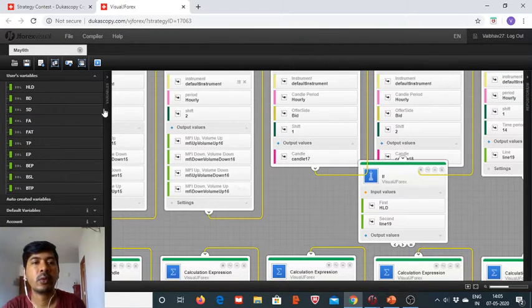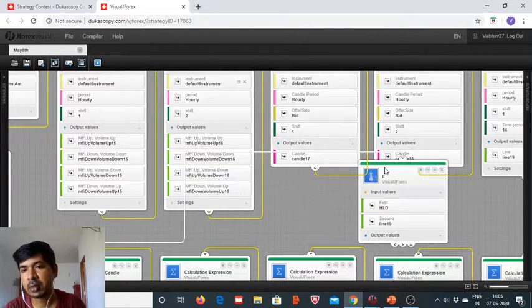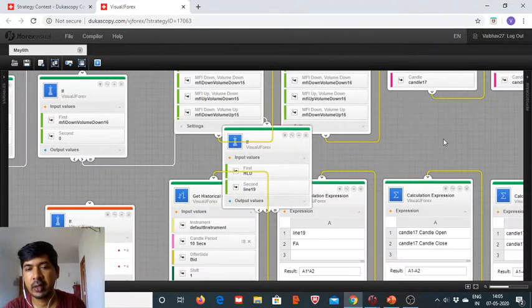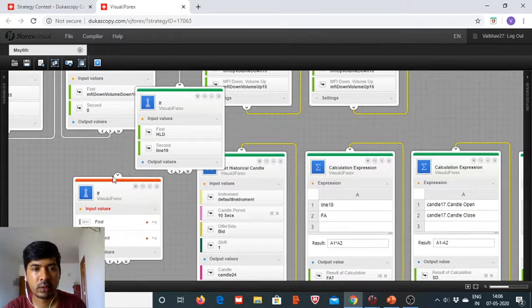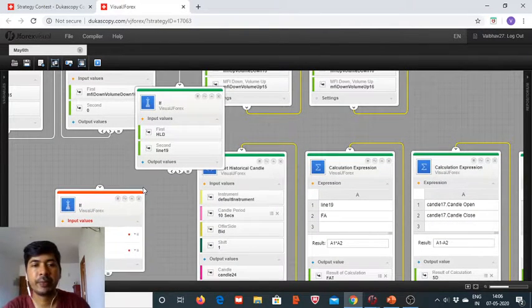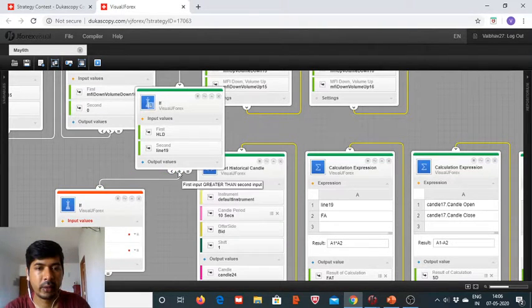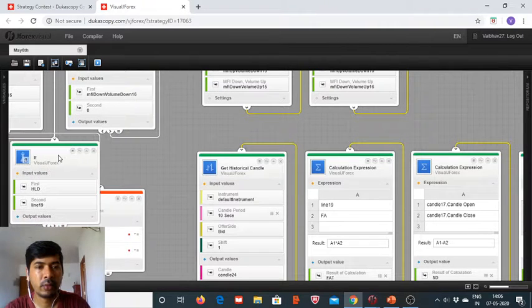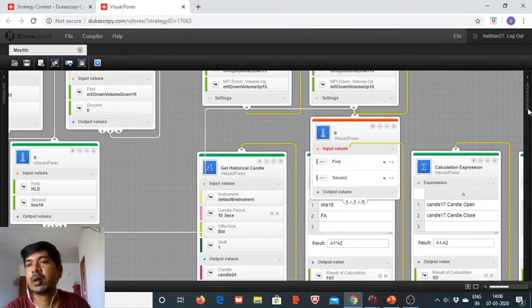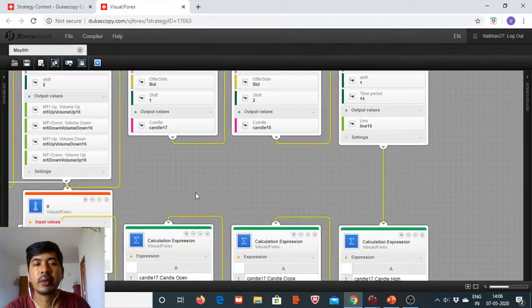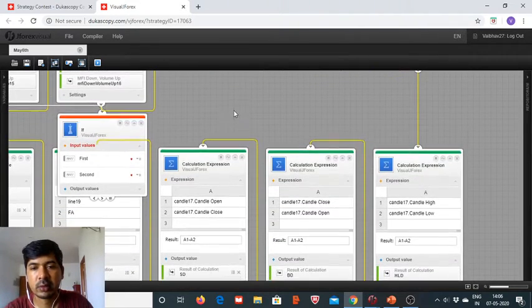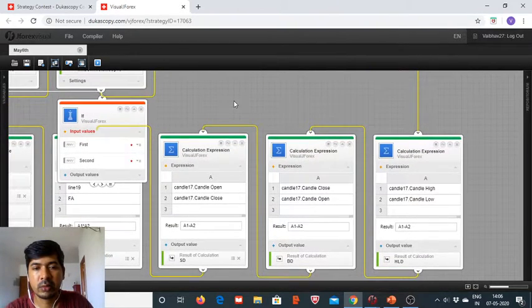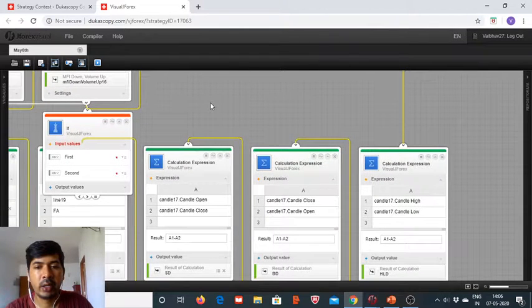Now we need other conditions to be fulfilled as well. First let us join these dots. It should be greater than. Okay. Now we want the opening and the closing levels to be